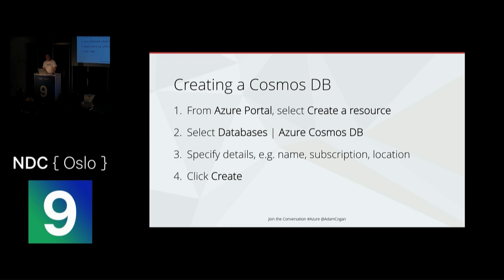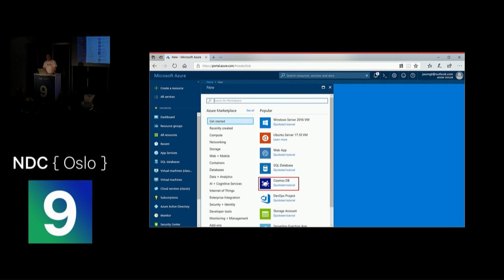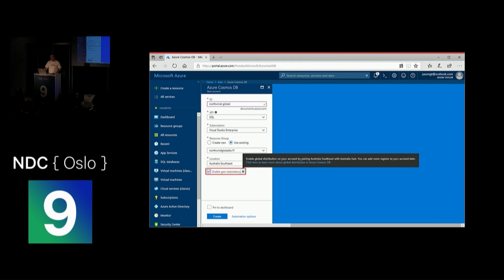He's going to go in and press create a resource, choose Cosmos DB, enter some details and press create. Let's go ahead and do it. So Jason will click create a resource. He'll click Cosmos DB. He'll enter some details. Now, see this API one? He has this decision point here to just choose SQL or Mongo. He will choose SQL. He'll use his existing resource group that we just created, and this geo redundancy he might